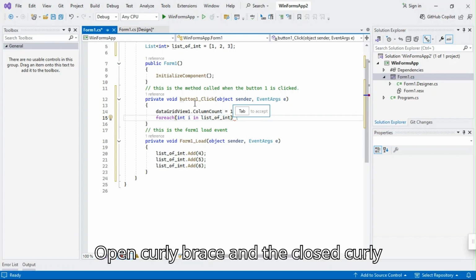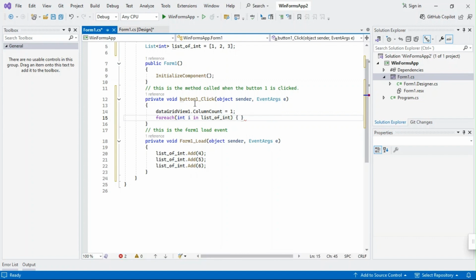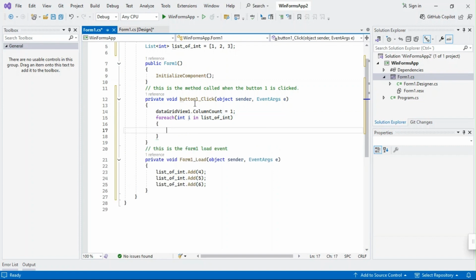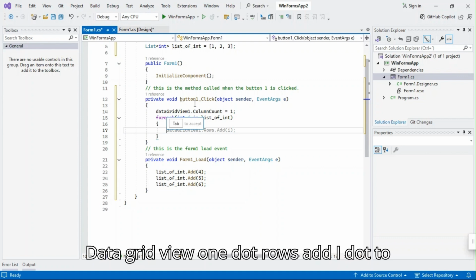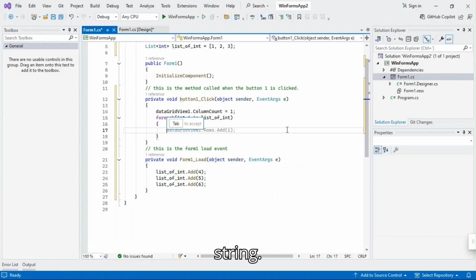Open curly brace and the close curly brace is added. Between the curly braces we will add a new row. DataGridView1.Rows.Add(i.ToString());